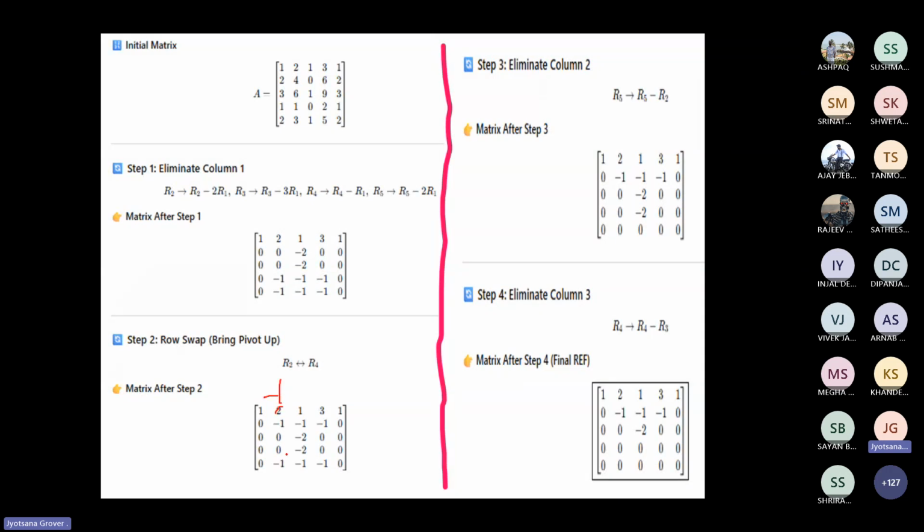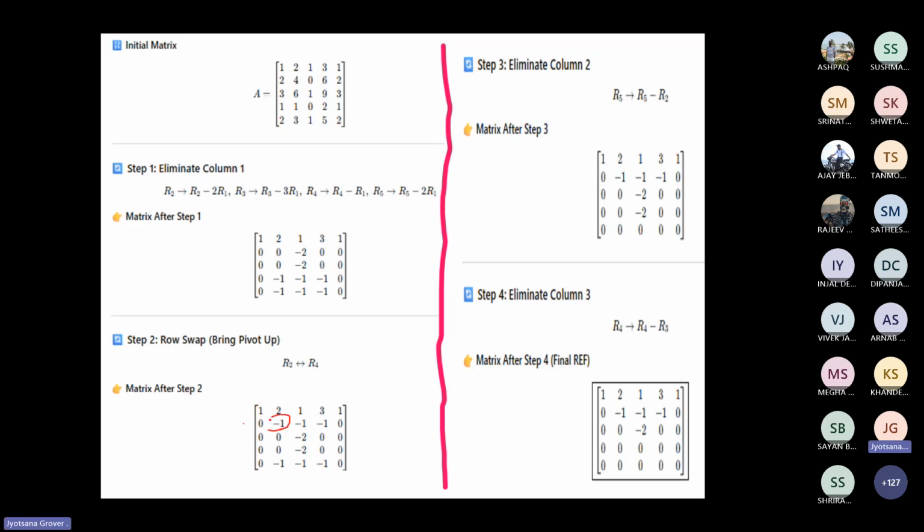So you can say, ma'am, if I want this entry to be 0, I can say R5 is R5 minus R1. But what will happen? This entry, this is 0. So this will become minus 1 because of this entry, right? So the only logic is